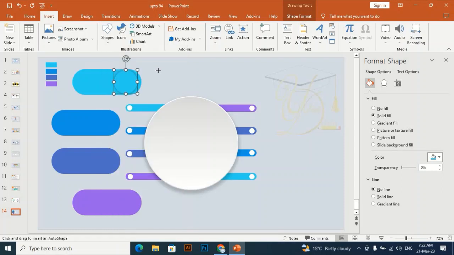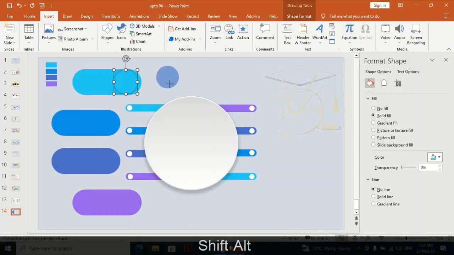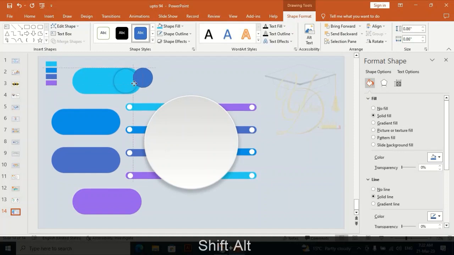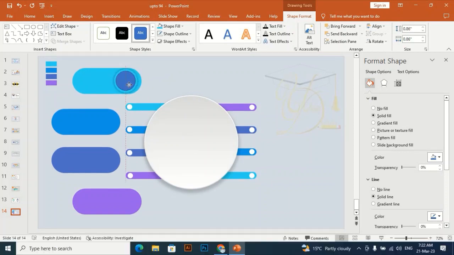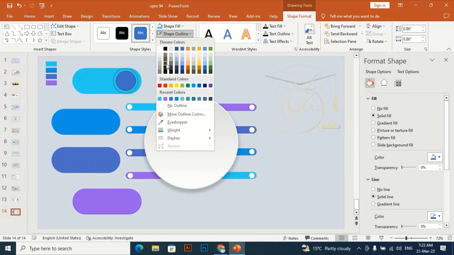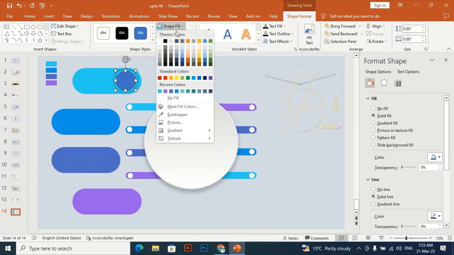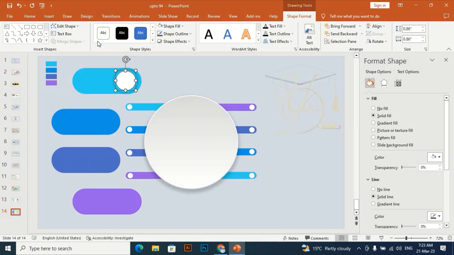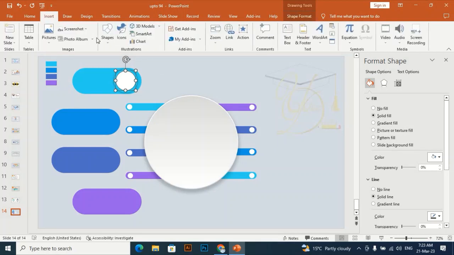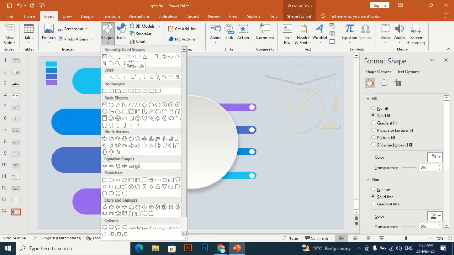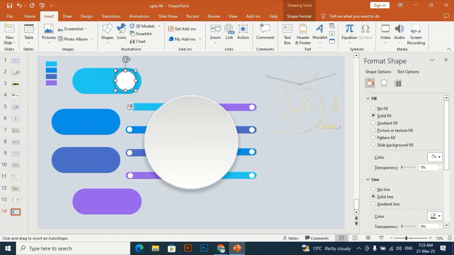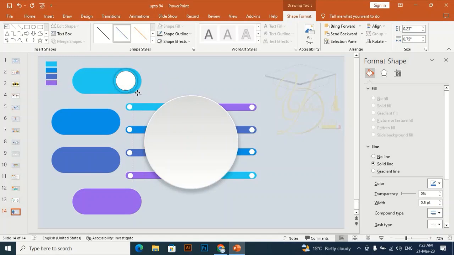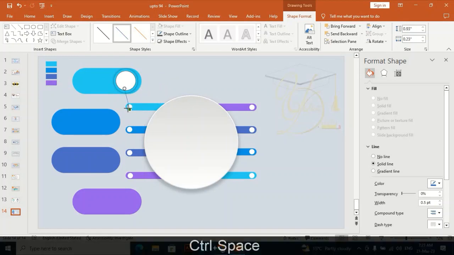Let me take another rounded rectangle smaller than the previous one and put it here at the center of the previous one. Okay, and give it a darker shape outline and shape fill white. Let me take a line segment and drag it. I'm going to put this line segment from this small oval shape to the,